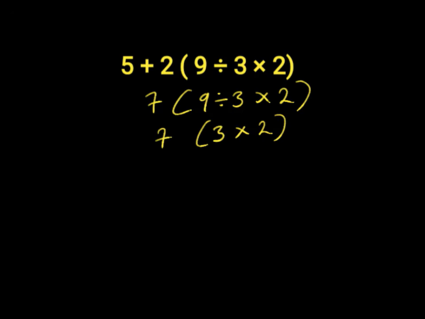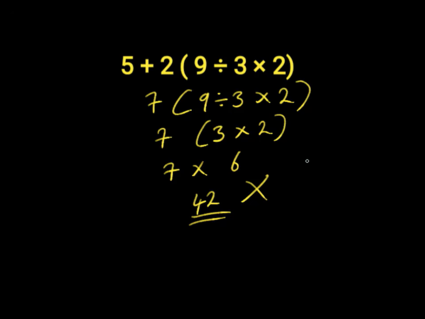Put down our 7 here. Now (3 times 2) will give us 6. We have 7 times 6. 7 times 6 will give us 42. 42 is the wrong answer to this expression because we did not work with the order of operations, which is